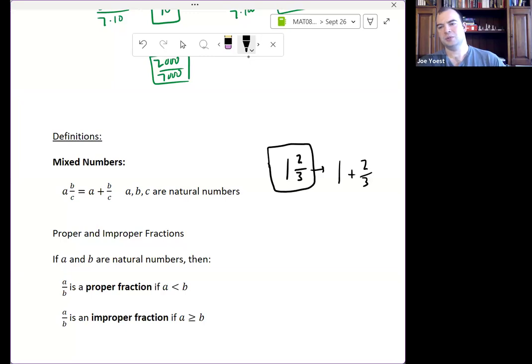We haven't gotten to decimals yet, but I think most of us are pretty familiar with decimals. We've seen them around, at least in dollars and cents and so on. It's a little bit like 1.75 or something like that, where we have a whole and a part of a whole that are kind of smushed right next to one another. It's a little bit like that kind of idea, where I have a whole part and a fractional part that are just smushed together.